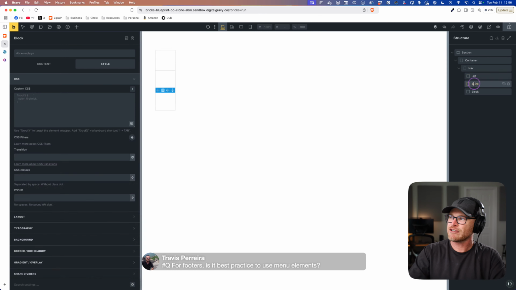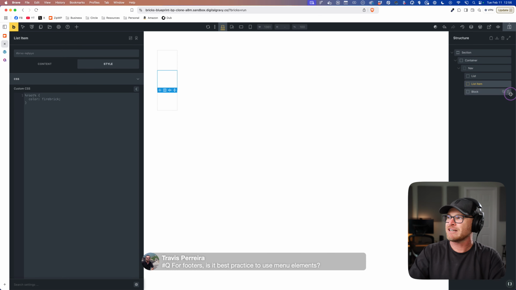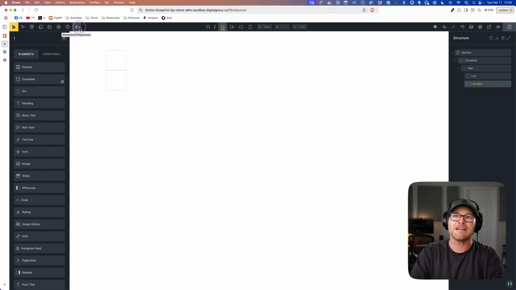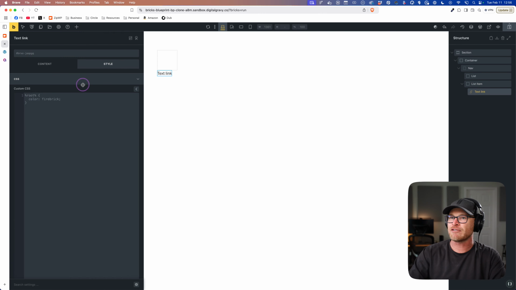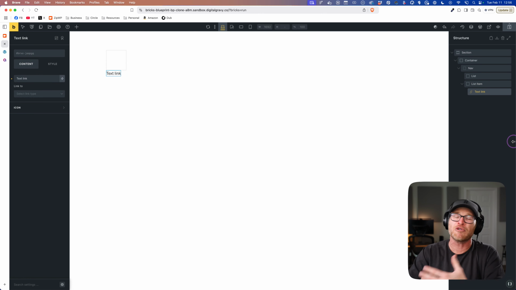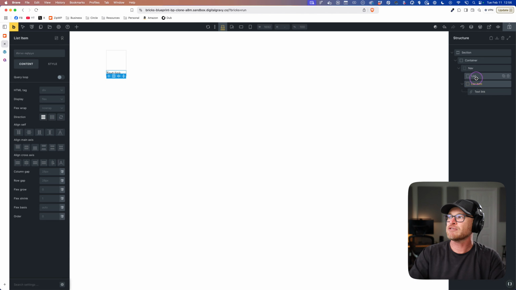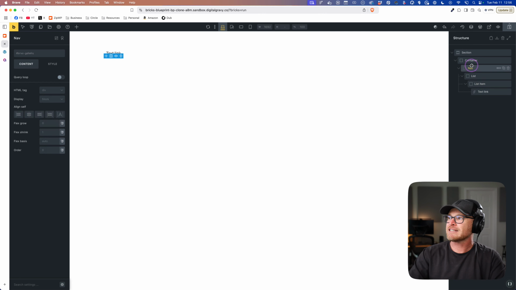This is the list that goes in the nav. This is the list item. Actually, we don't need that one. If we don't want icons, you can just use a link element. Usually you want to have a link, right? But this supports icons, so you don't need that other block. Now the list item goes in the list, drag it in there. And now you have your nav.